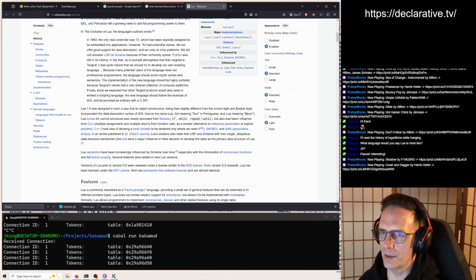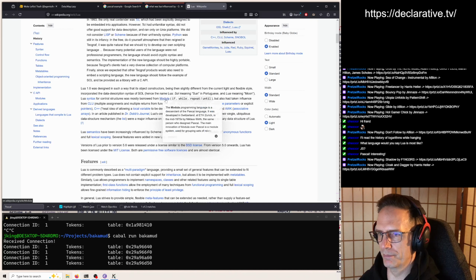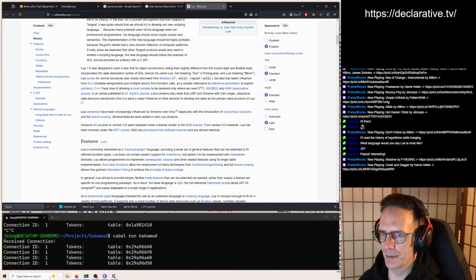TCL, yeah, I could see TCL. Oh, the Lua syntax controls are mostly borrowed from Modula, which is a descendant of the Pascal language, so that's probably where it comes from.